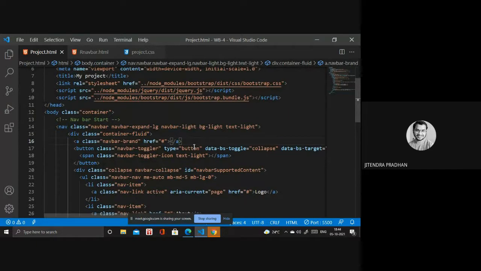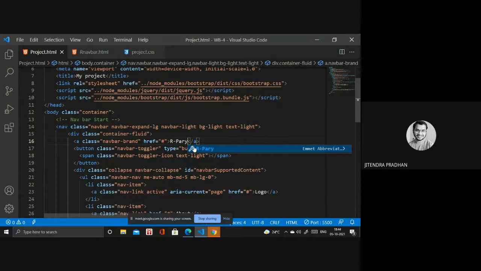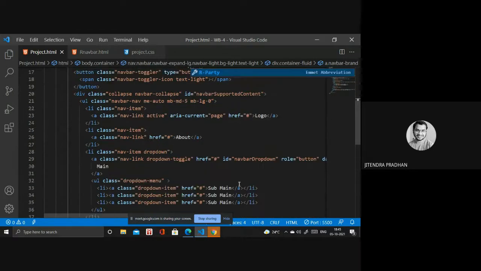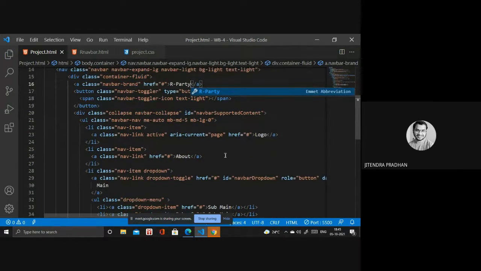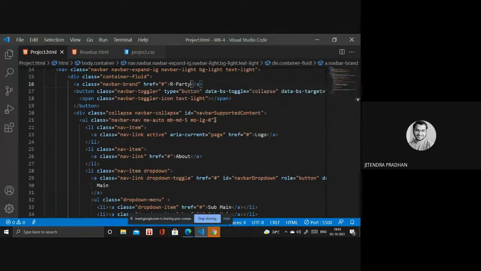Okay, I will give something, like RT party. Okay. So next thing, I need a logo. Let's see how it looks. Yeah, I think it's not the logo. Yeah, that one logo. I've used that part.